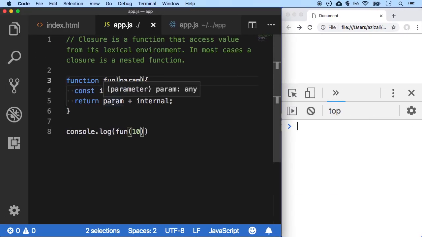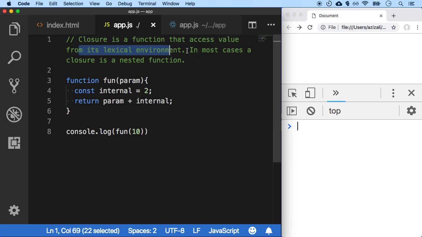So let's take a look over here. The definition says a closure is a function that accesses value from its lexical environment. That's it. Okay? Not that complicated. We're going to look at the second part later, but let's just focus on the first part. A closure is a function that accesses value from its lexical environment. So with that definition,